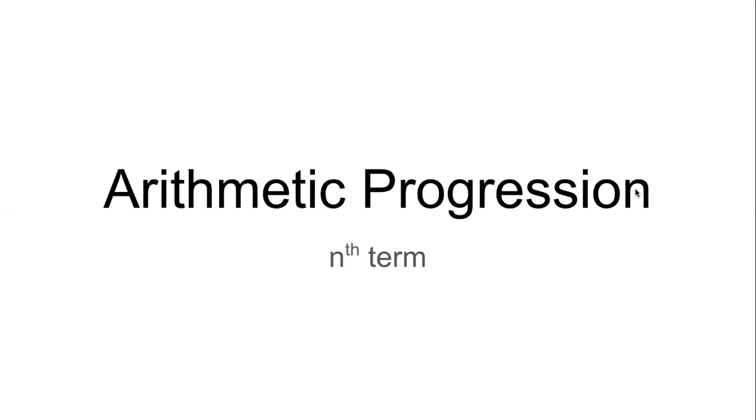We looked at A, D, A as the first term, D as the common difference. We understood how to define arithmetic progression, how to identify arithmetic progression, and also how to create an arithmetic progression. We will progress from that today, and we will try to understand how we can find something called the nth term. N to the power th, nth.